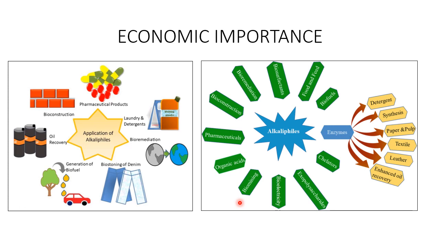The next is alkalophilic bacteria in agriculture. Alkaliphiles can enhance soil fertility and improve crop production in alkaline soils. Certain alkalophilic microorganisms, such as alkaline tolerant nitrogen fixing bacteria and plant growth promoting rhizobacteria, can form symbiotic relationships with plants and contribute to nutrient cycling and soil health in alkaline environments. So you can list at least 2 to 3 good economic importances of alkaliphiles, and you can be ready for your exam.